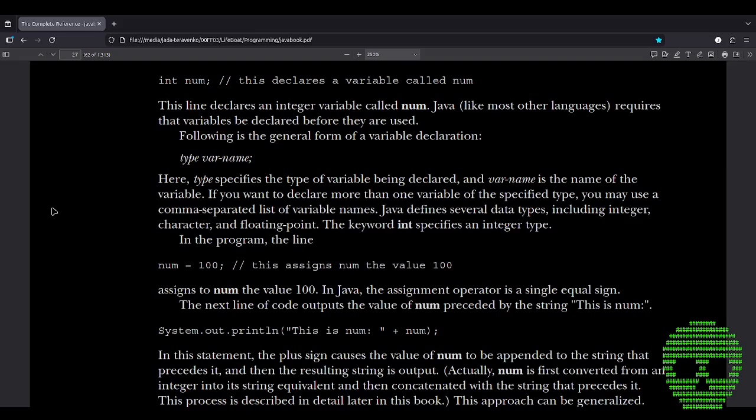The next line of code outputs the value of num preceded by the string "This is num:". System.out.println("This is num: " + num);